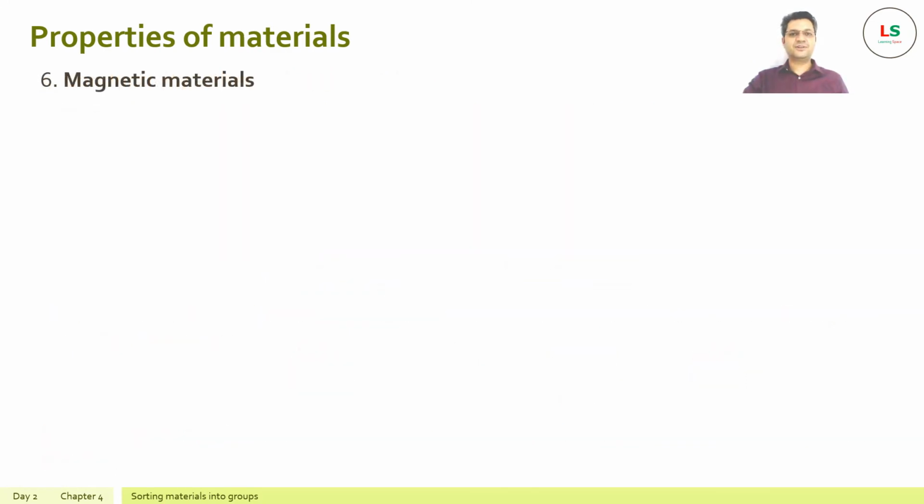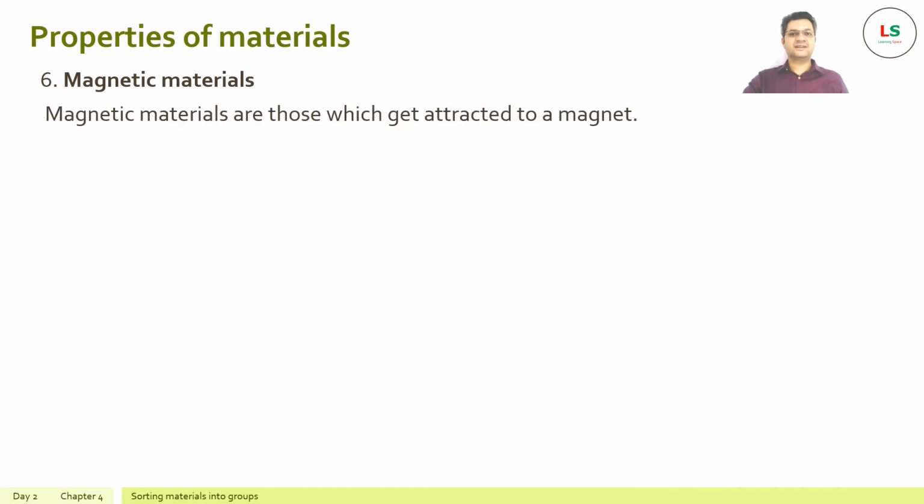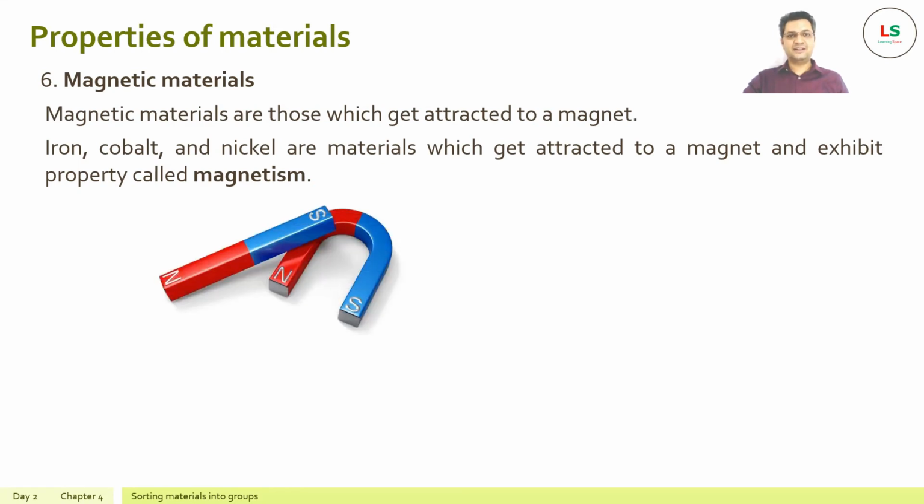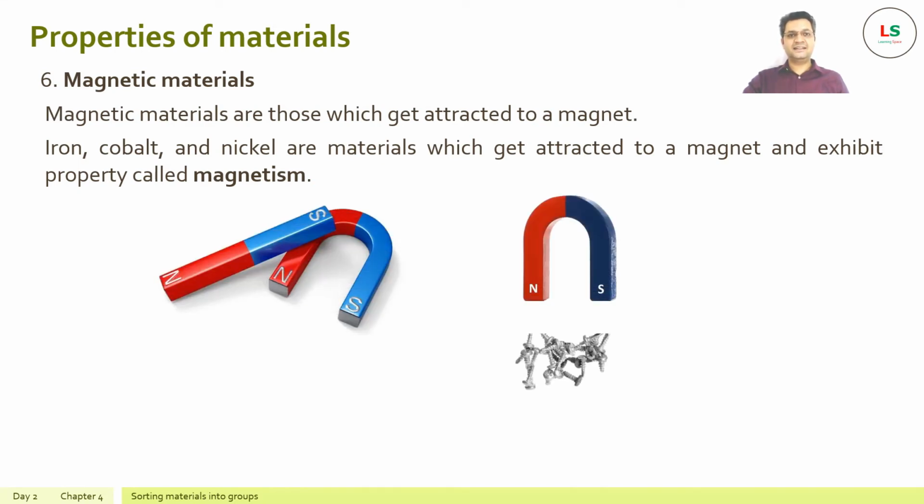Another interesting property of materials is magnetism. Magnetic materials are those which get attracted to a magnet. Iron, cobalt and nickel are materials which get attracted to a magnet and exhibit a property called magnetism. You must have seen a bar magnet or a horseshoe magnet, and these have a capability to attract the magnetic